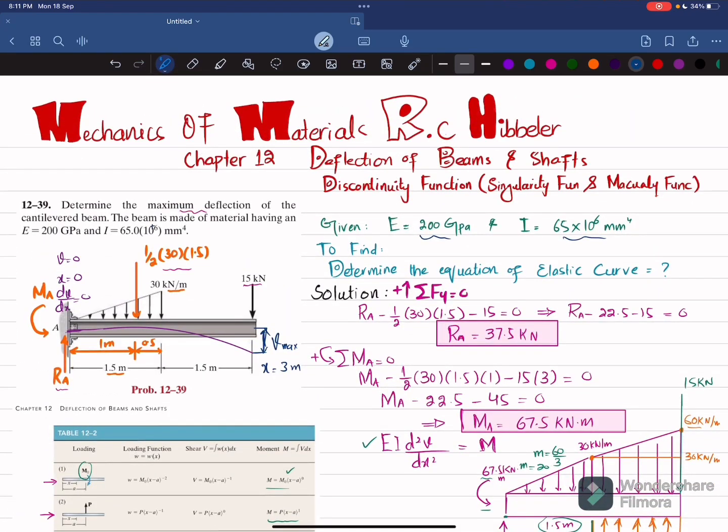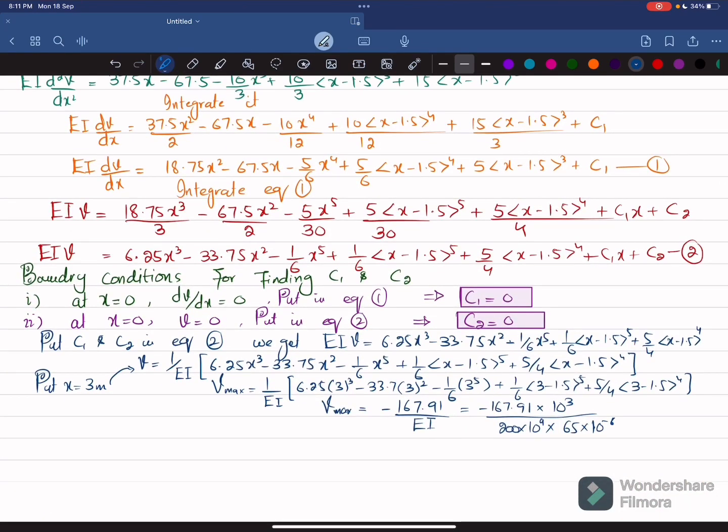I is 65 into 10 to the power 6, and when you convert it into meter, meter power 4, there will be 10 to the power minus 12 meter power 4. So this will be 65 into 10 to the power minus 6 meter power 4. I will write 65 into 10 to the power minus 6, and when you calculate it, you will get Vmax equal to minus 0.01292 meter, or you can say Vmax is equal to minus 12.9 millimeter,